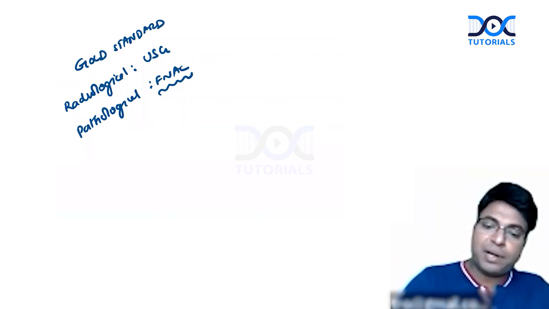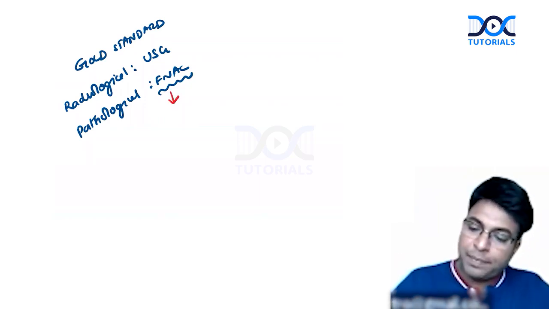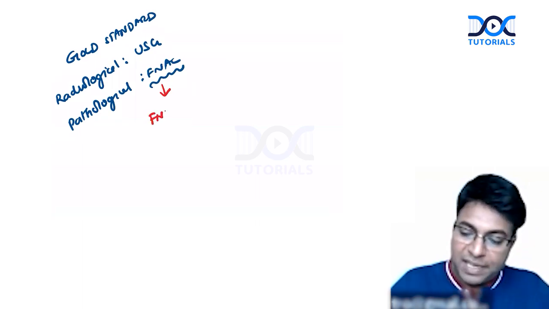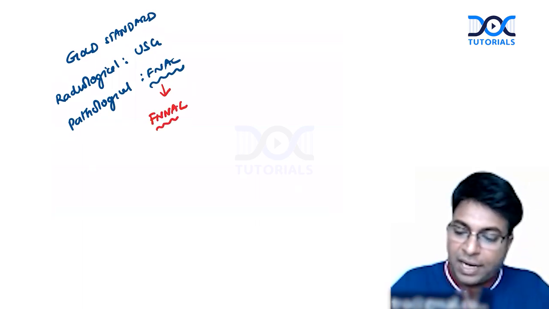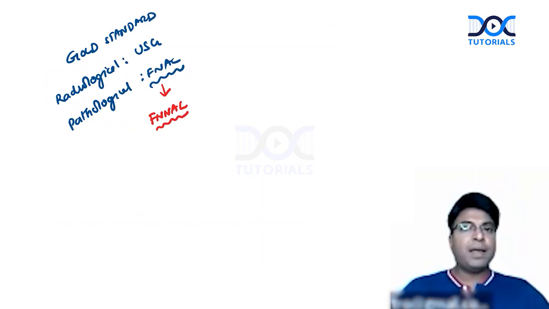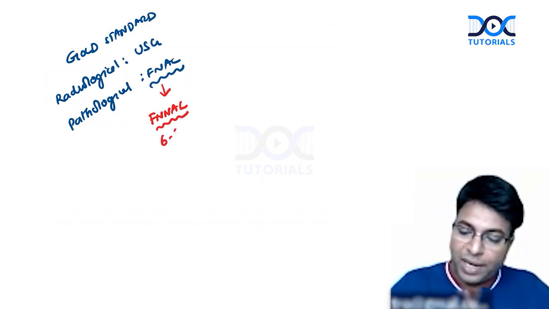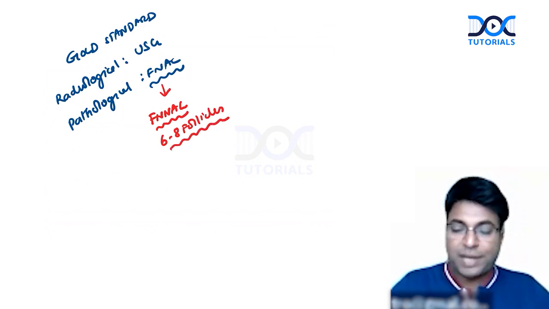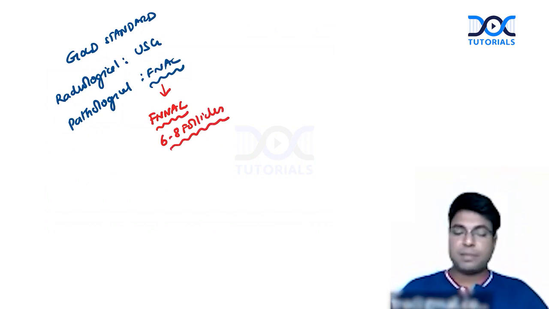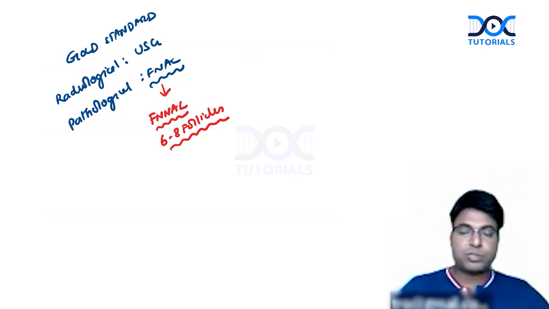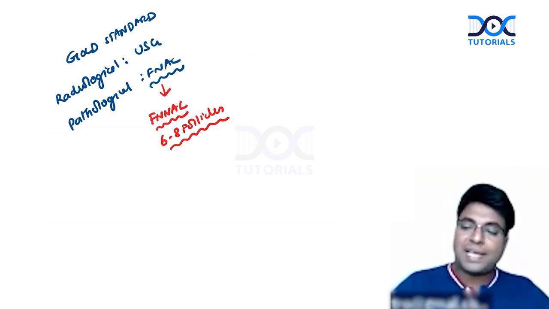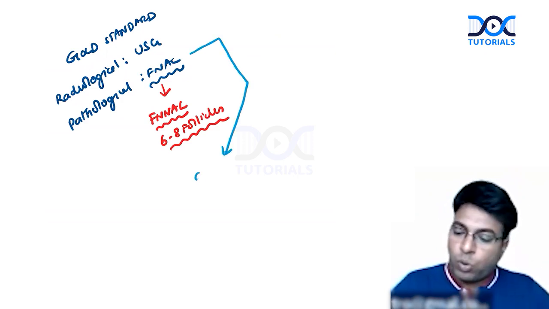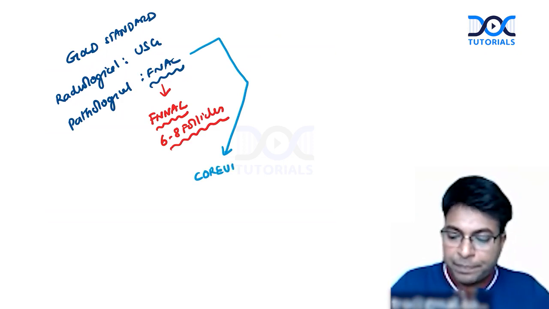And at this point of time, I'll tell you, FNAC is nowadays replaced by FNNAC, fine needle non-aspiration cytology, and you have to have 6 to 8 follicles on biopsy. 6 to 8 follicles should be present on biopsy, and this is a pathology question we'll be reading in pathology also. And where are the two places where FNAC is not done and core cut biopsy is done in thyroid?